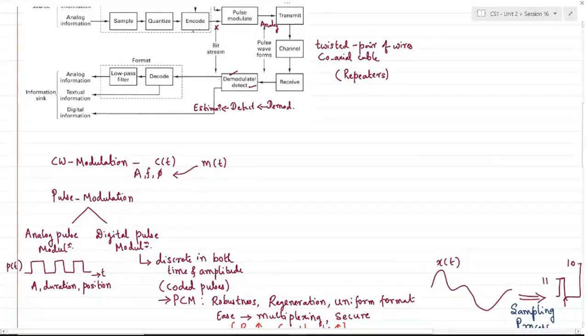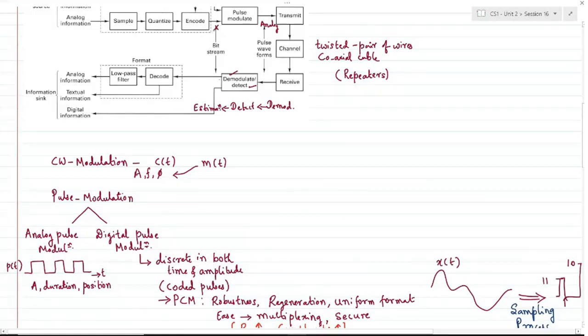Then we need to encode it. Encoding, you might have studied in the MPMC course, where you had ASCII kind of codes for text. It was kind of an encoding format. So similarly, we need to encode those discretized amplitudes, both in time and amplitude domain. We need to encode them, and finally, to transmit over the channel, we need to convert those digits or the